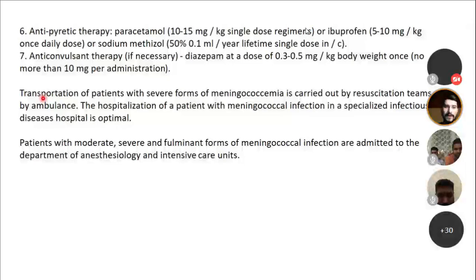And immediately, of course, you want to do the transportation to the infectious diseases unit, because in an infectious diseases hospital, you can